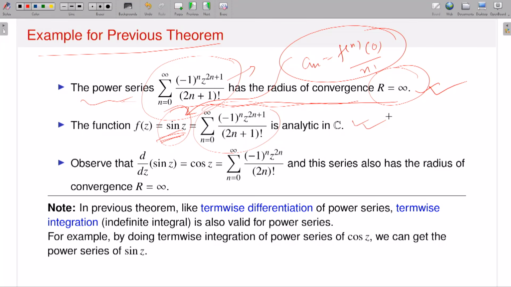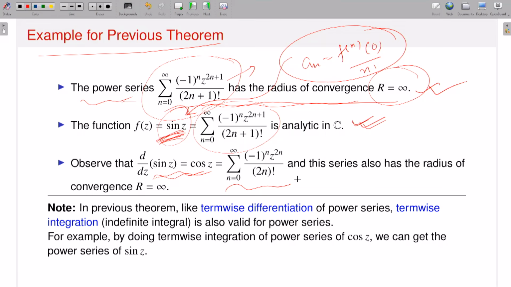Now, an advantage of having term by term differentiation is that if I have the power series of the sine function, then you can get the power series of the cosine function. This is my power series of the sine function. Now if I take the derivative, of course the left hand side is the cosine function, since I have defined sine in terms of exponential functions and Euler's formula. Now what will be the corresponding power series?